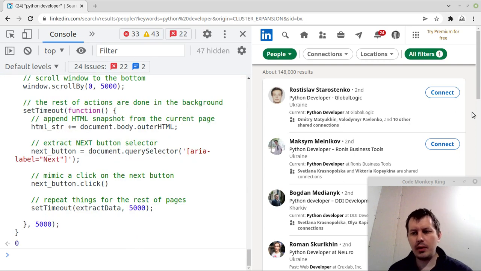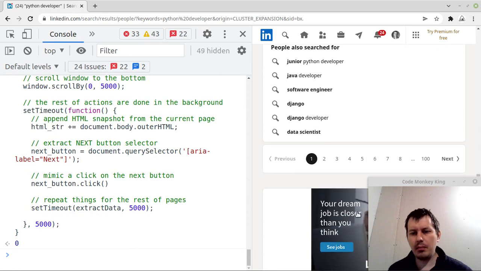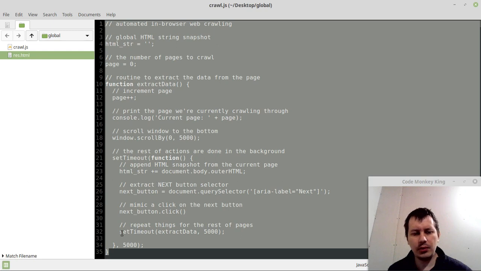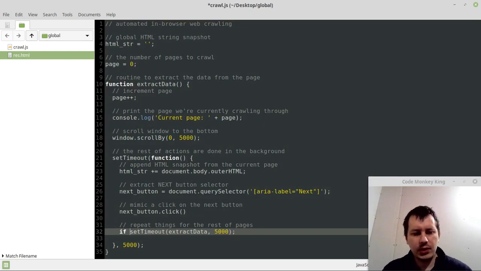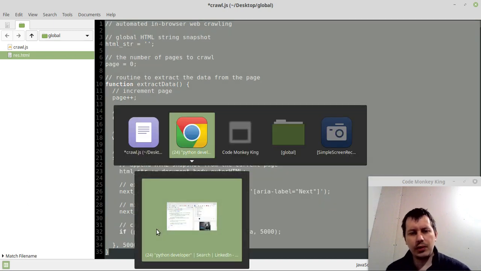So bring the code in, and just to make sure that we are currently at page number 1. Okay, one last thing I forgot to do. Now it's going to be infinite, so I can say if page is less than or equal to 10, scroll through 10 pages, then do this step. We increment our page, so when the page is going to be 10, well, it's going to be 11,